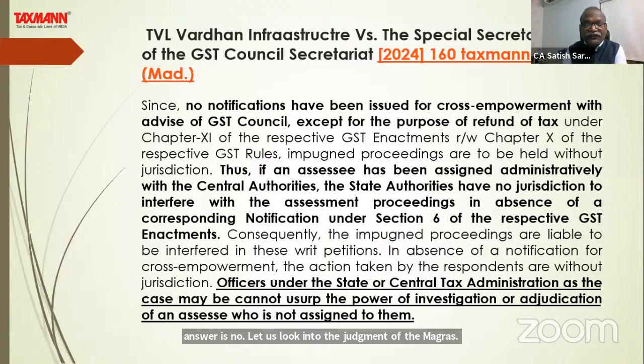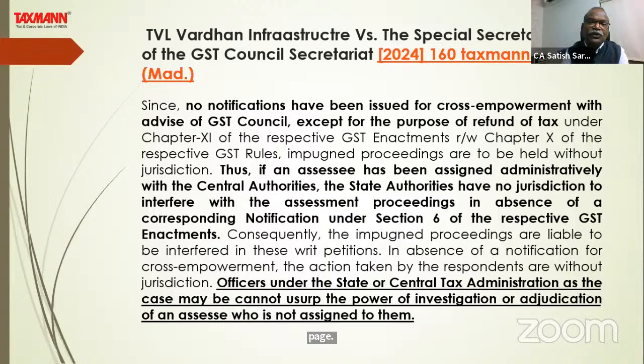Madras High Court in the case of TVL Vardhan Infrastructure versus the Special Secretary, Head of the GST Council Secretariat. This matter relates to 2024, cited at 160 taxmann.com 771, Madras High Court. In this case, the Madras High Court has categorically examined all the provisions of the law, like Section 60, notifications, council recommendations, and all the matters relating to cross-empowerment, and the court finally said officers under the state or central tax